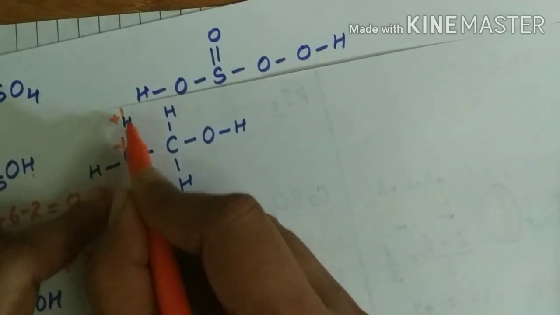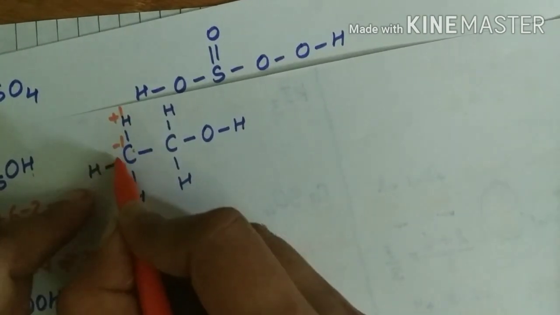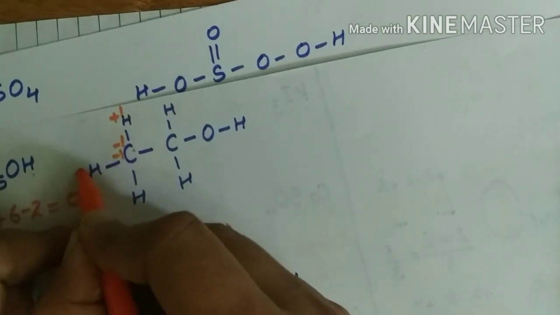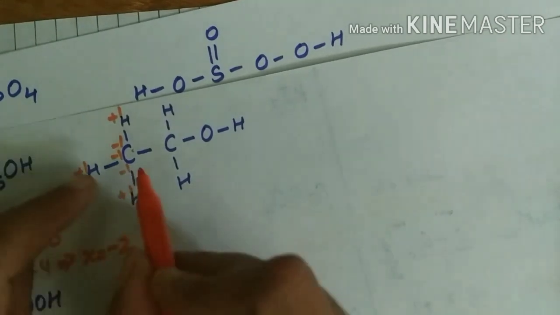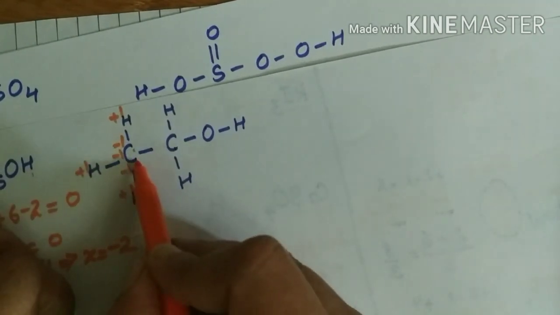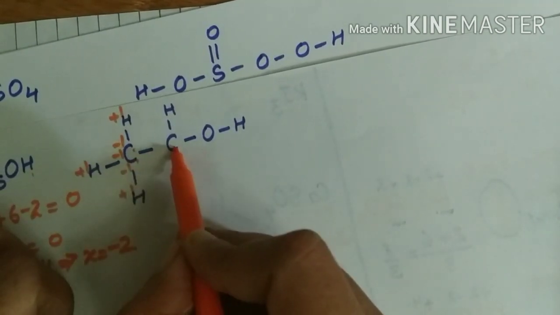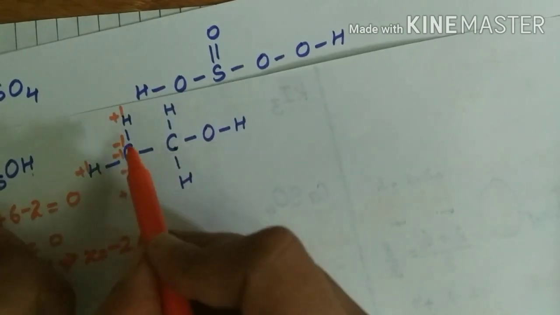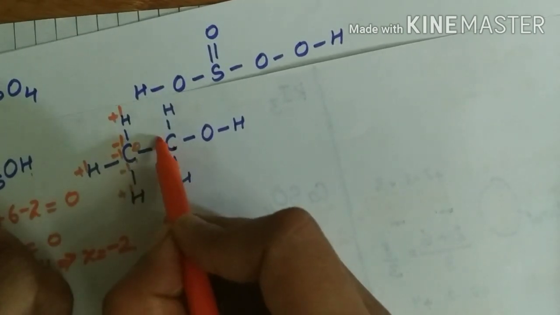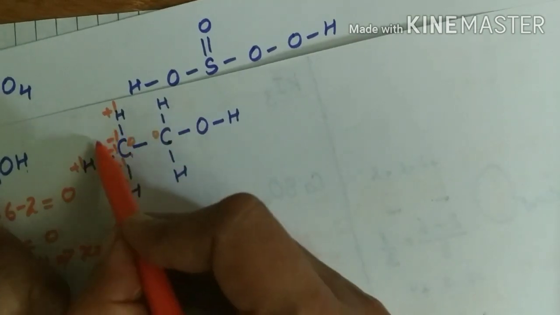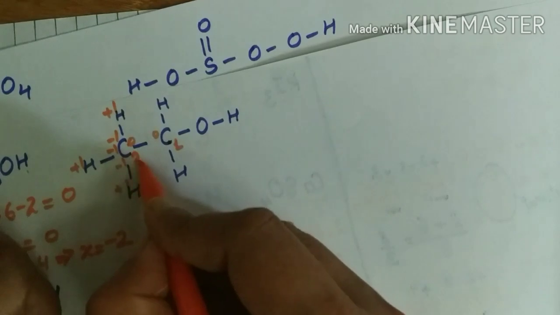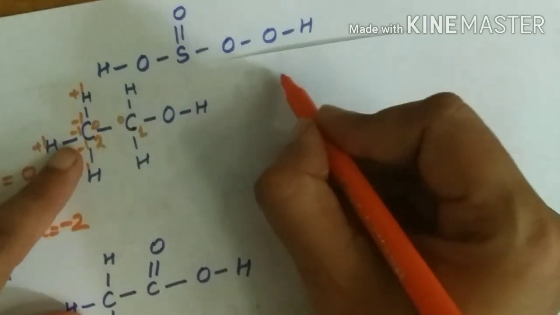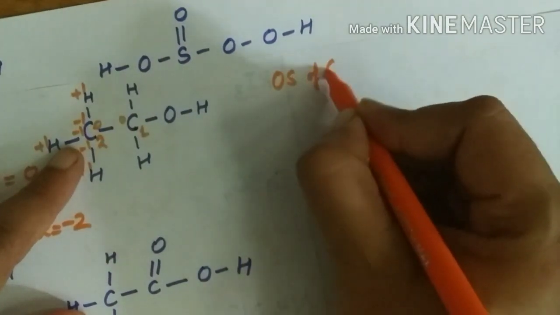So for this bond, similarly for this bond, -1 +1, here also -1 +1. Now where the bonding is between the same type of atoms, the oxidation state assigned is 0 for that bond. So the total oxidation state of this carbon, if we take this 1 and this 2, the oxidation state of C2 is